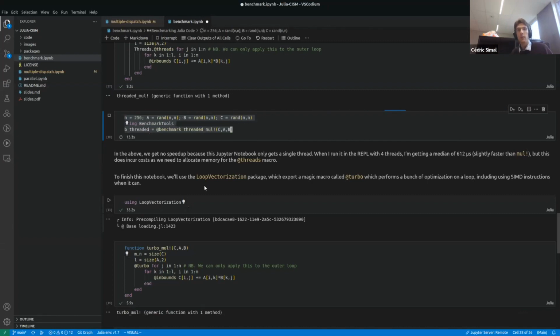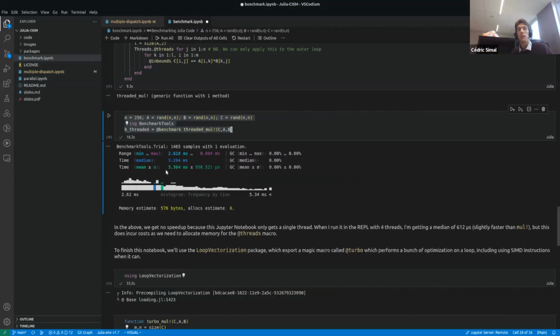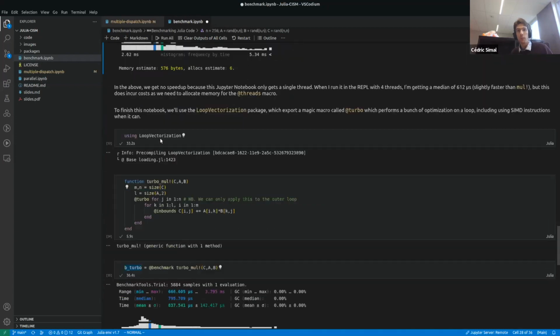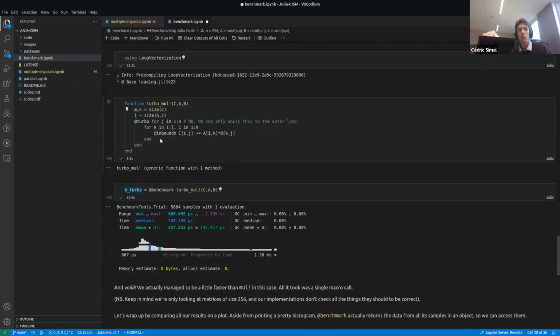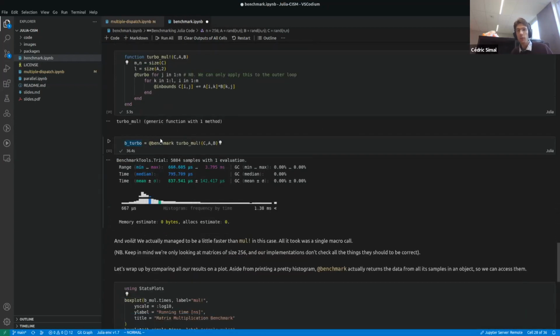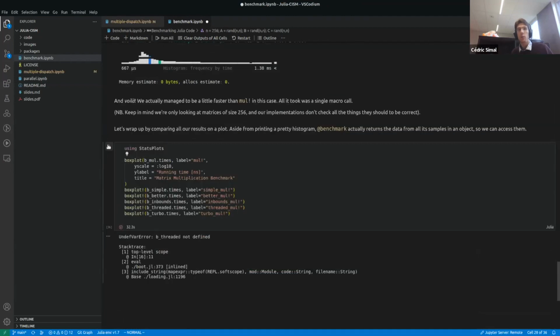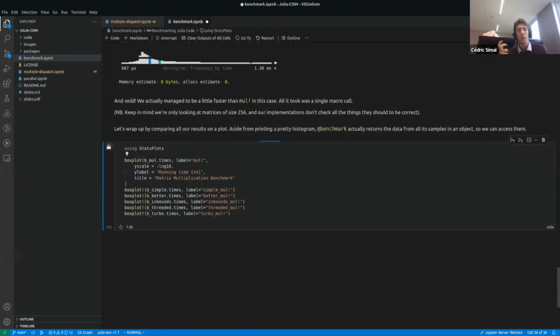Yeah, notice that we keep seeing these packages taking some time to load. So also for packages, when you load a new package for the first time, it has to precompile some things. But then the next times you load that package, some of the things will already be precompiled. So do keep in mind that